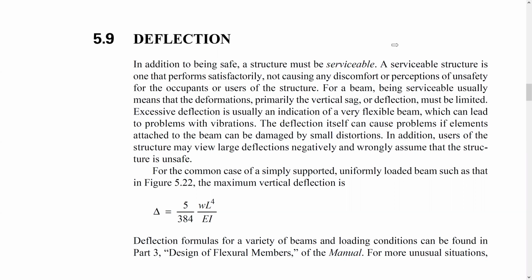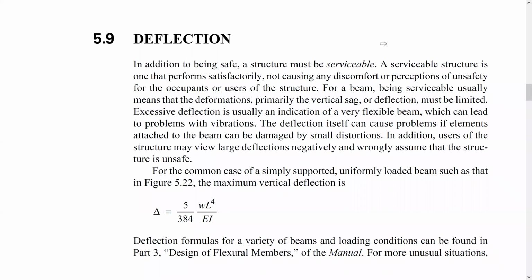In the last few classes, we checked if the flexural elements, which are beams, are safe under loading conditions. And today, inshallah, we will check if they are serviceable. Let's see what it means to say a serviceable structure. A serviceable structure is one that performs satisfactorily, not causing any discomfort or unsafety for the occupants or users of